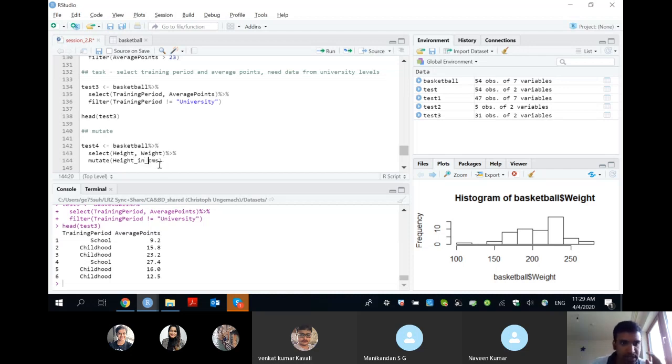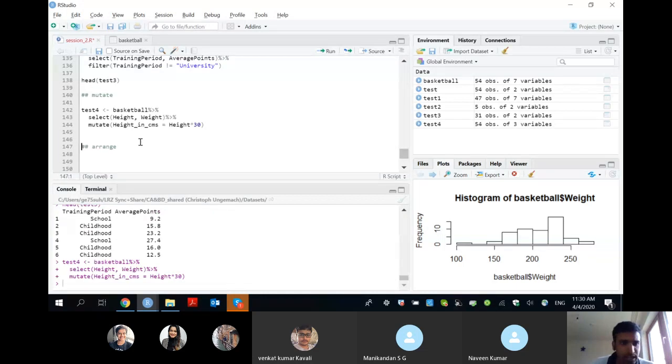You need to specifically say the column name first, followed by what you want to execute. It should be about 30 centimeters per foot. So if I multiply the feet by 30, I should get centimeters, if my math is right. Don't worry about that, we are just trying to get height in centimeters now. But what about the weight? Weight is in pounds. Let's not worry about it, but just learn how to do it for height. Now if you look at test4,